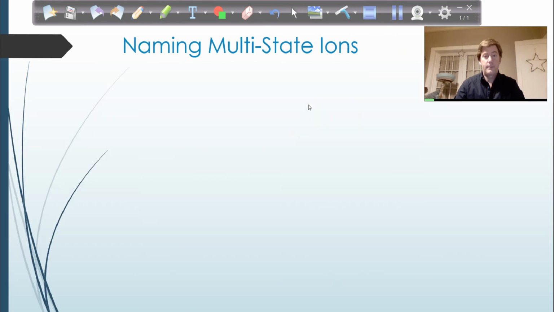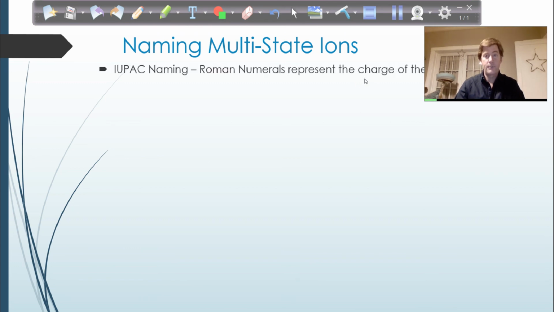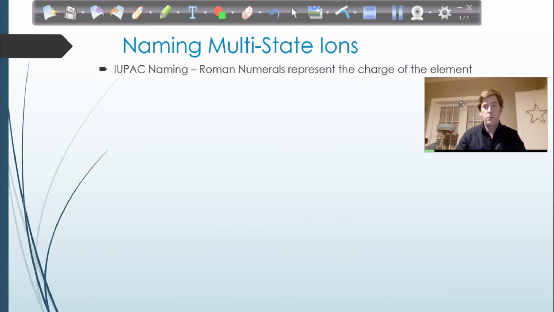So, naming these multi-state ones, because we can't have any ambiguity in chemistry. We have to know exactly what we're talking about. So I can't say something like copper chloride, because it's like, are you talking about copper with a +1 charge? Or are you talking about copper with a +2 charge? And it matters. They're going to be different. They're going to react differently. They even look different. So with our multi-state ions, the ones that I just went over,